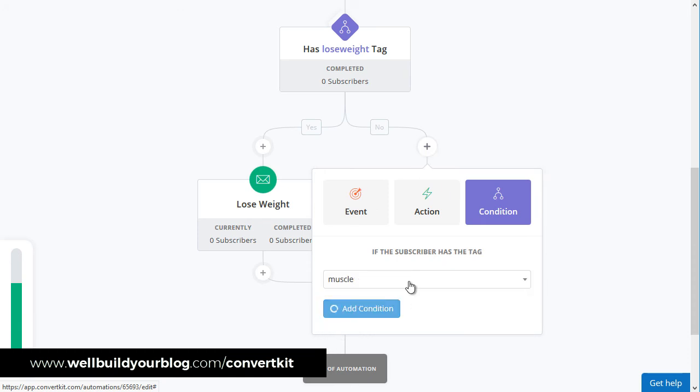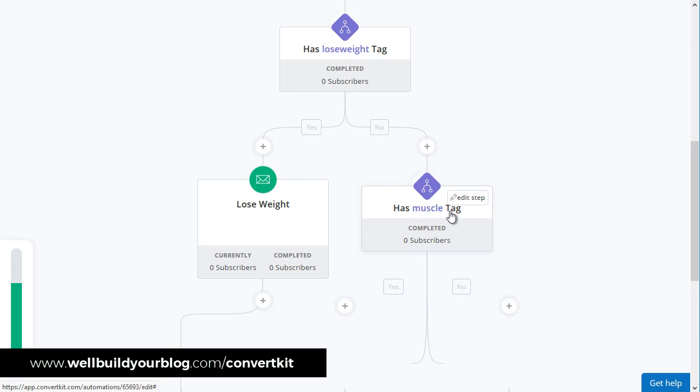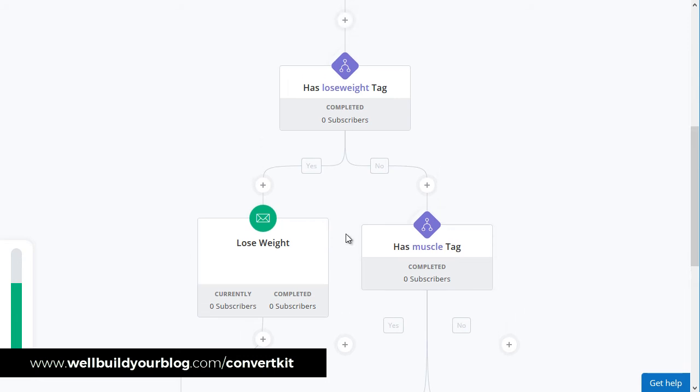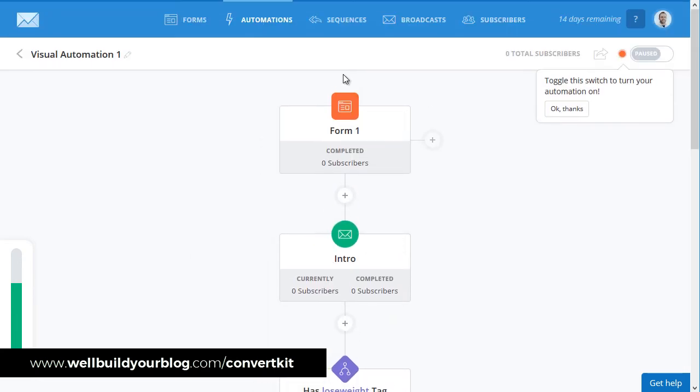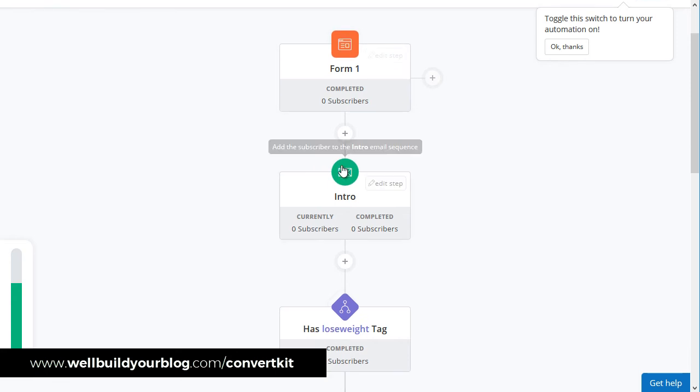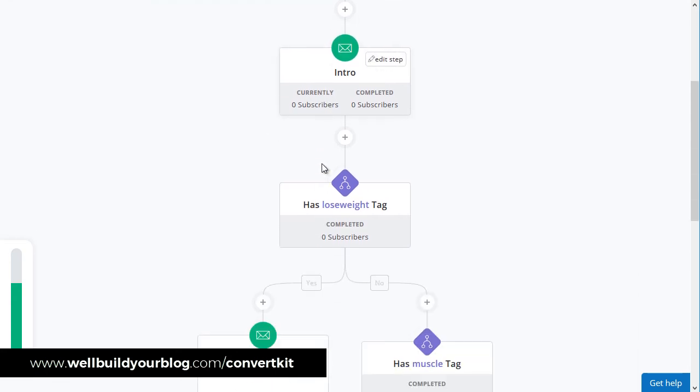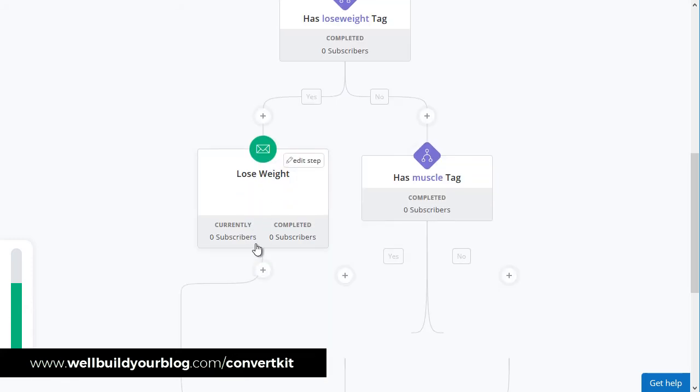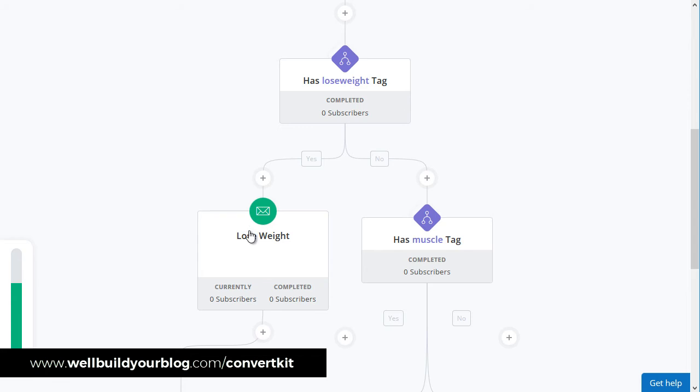Quite simply. The other thing is if someone doesn't actually pick an option at all, you might not necessarily want them to go to either one of these. But for now, basically, we're working on the fact that they've signed up on a form here. They've got the email intro sequence, and we've asked whether they want to lose weight or gain muscle. If they click lose weight, we've gone down to yes, they get the lose weight email sequence. And if they haven't clicked lose weight, they go straight onto the muscle sequence. Oh, wait,